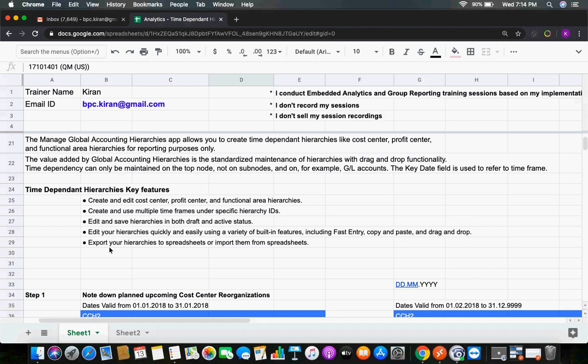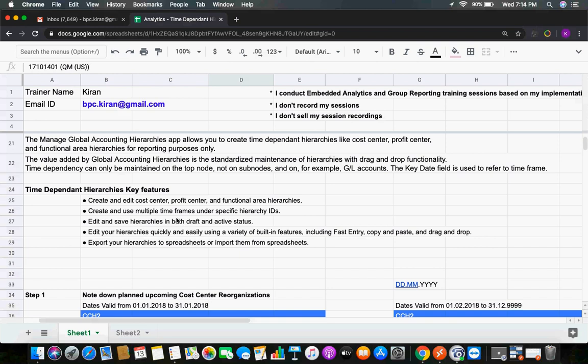So you maintain the hierarchy in an Excel sheet and import it to S4HANA, or whatever hierarchy is available in S4HANA, using time dependent hierarchies, you can export. You can create cost center, profit center, functional area, any finance relevant object hierarchies, using this time dependent hierarchy app.